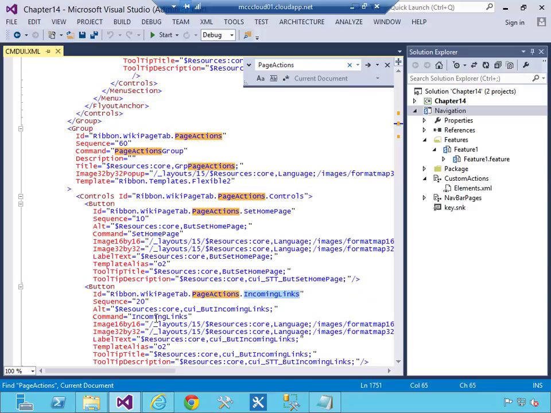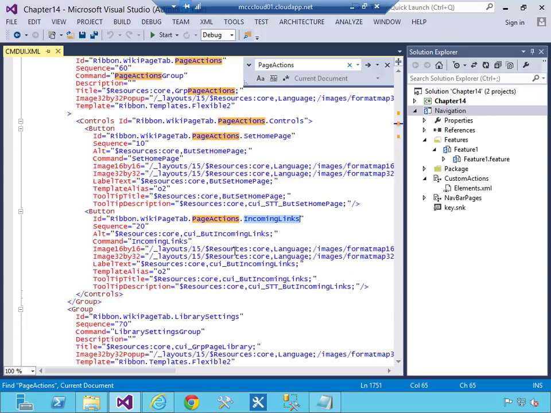And again, it's all been localized here, so the language is using resource files to get the correct language in the buttons. Okay, so